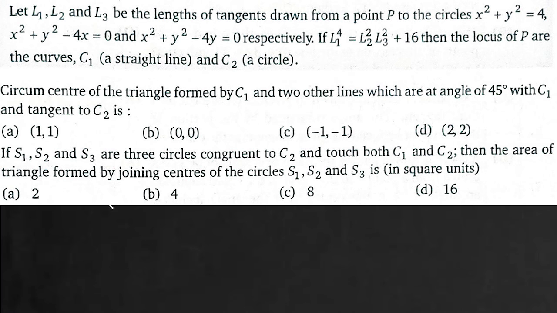Now here the question is, let L1, L2 and L3 be the lengths of tangents drawn from the point P to the circles respectively. And if we are given L1 to the power 4 equals L2, L3 square plus 16, then locus of P are the curves C1, which is a straight line, and C2, which is a circle. So first we'll simplify this. Now suppose this point P is